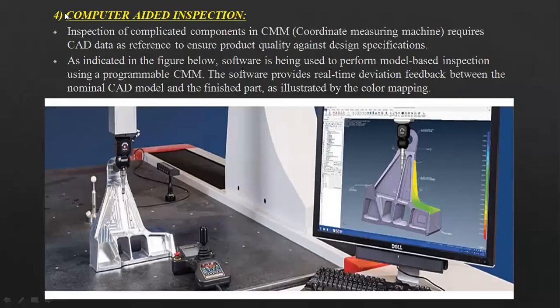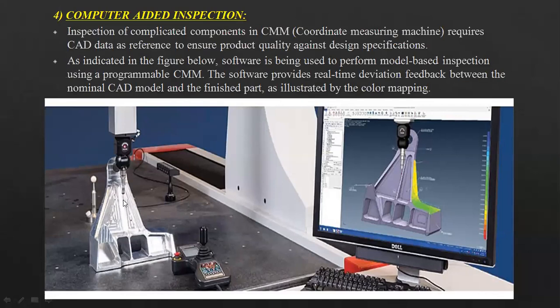Another thing is computer aided inspection. What you're seeing here, I believe, is self-explanatory, right? We are able to use those CAD models for inspection. What you're seeing here is what is called a CMM, coordinate measuring machine. It will measure the coordinates of the component.